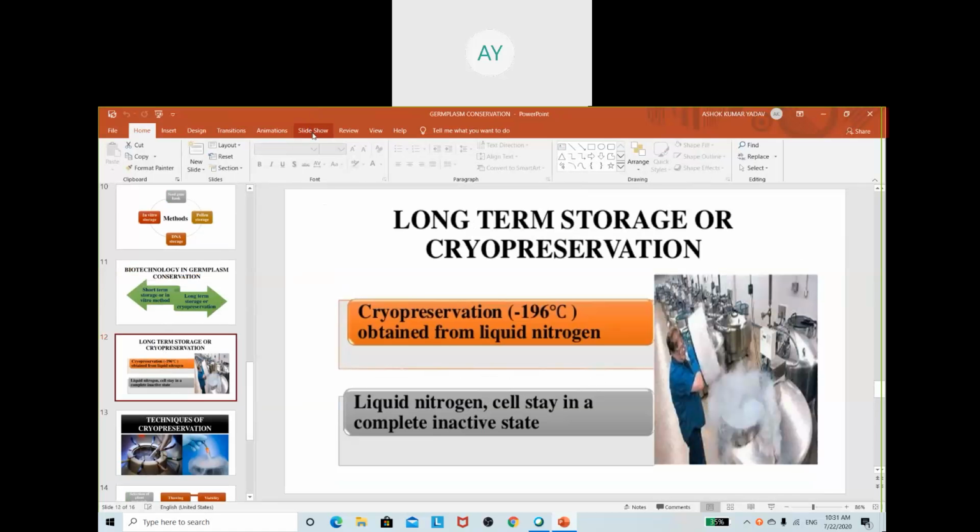So just try to know what is long term storage or cryopreservation, what is short term storage or cryopreservation. So try to know what are the chemicals we can use for